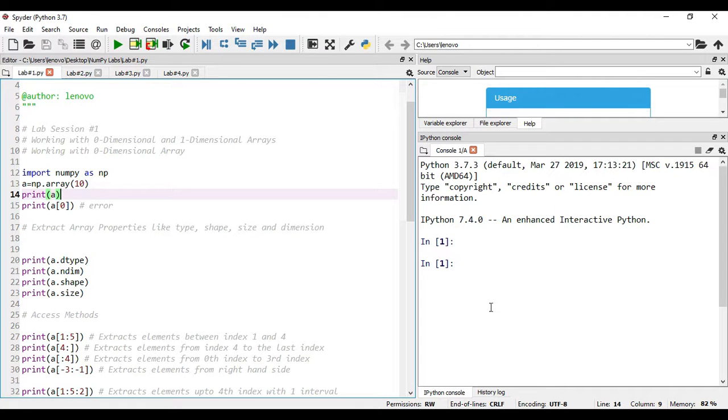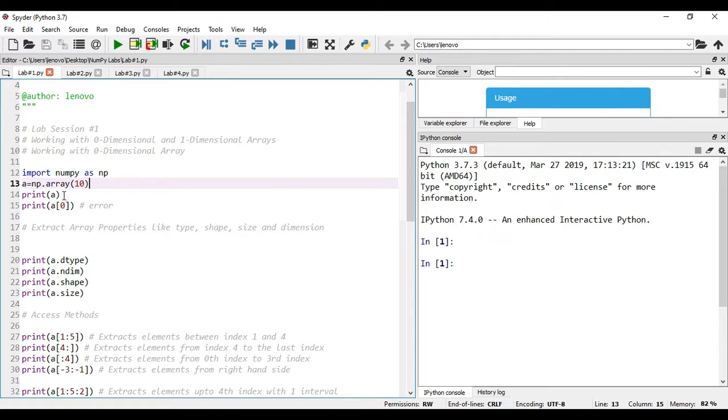Try to understand this environment first. Spyder comes with 2 main important blocks. This block is called the editor, where we generally write our programs. And this is called the console, where you will see the outputs of your program code. These are the 2 important points we need to consider while working with these codes. The remaining parts are not necessary right now. Now we have seen how to develop a 0 dimensional array with these 2 statements. Let us try to execute these lines.